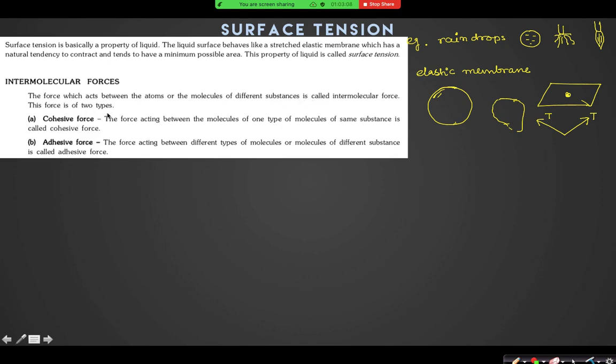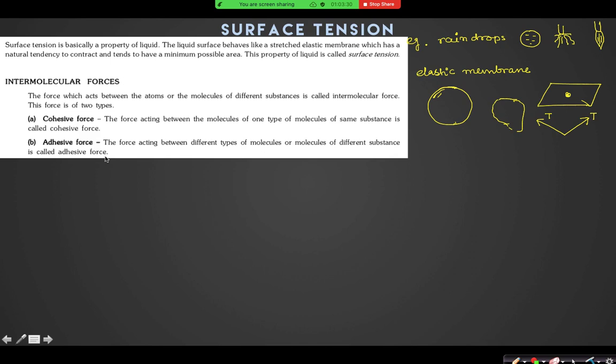This force is of two types, cohesive and adhesive. Cohesive force acts between the molecules of one type or the same substance, and adhesive force acts between molecules of different substances,